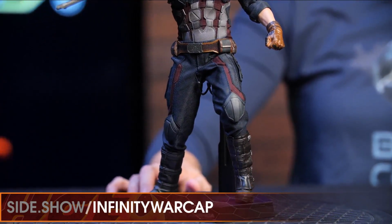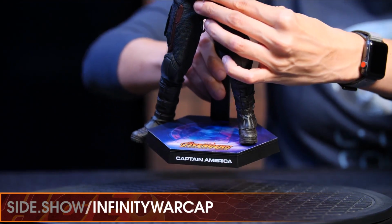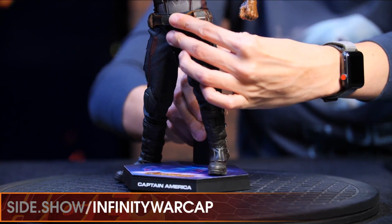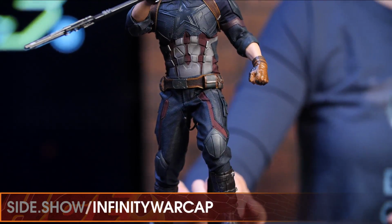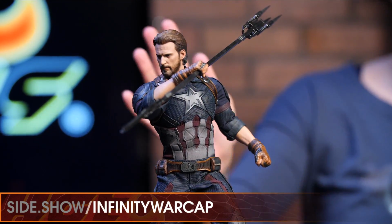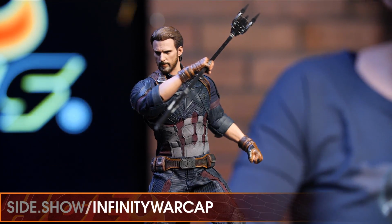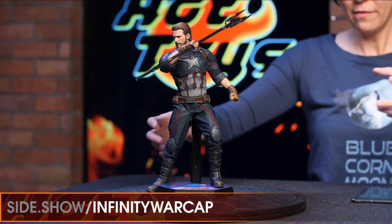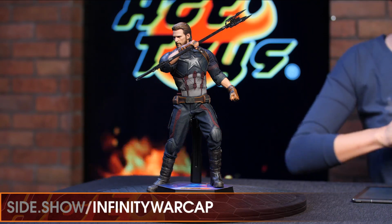His accessories include this officially designed Avengers Infinity War themed hexagonal base that you can use to pose him with the rest of his avenging buddies. And exclusive to the movie promo edition that you're seeing right here is the weapon originally owned by Corvus Glaive, and the Outrider diorama that has an interchangeable rocky ground that can fit over the hexagonal base, so it can look like he has slain an Outrider,